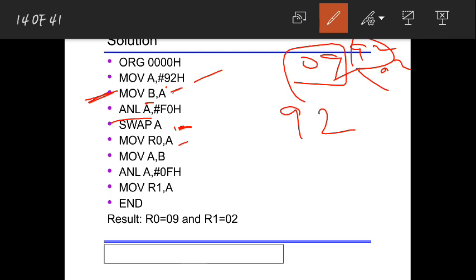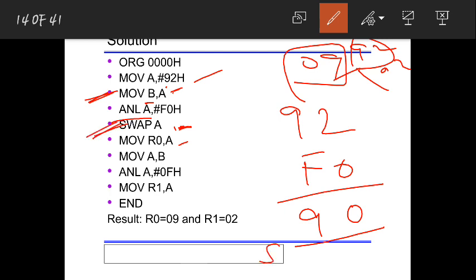When you AND 92 with F0, here you will get 9. If you have any doubt in this, just convert it to binary and try to solve it. You will get the same values. Here 9, and here you will get 0, because anything ANDed with 0 is 0. After that I wanted 09, so write this swap instruction, SWAP A, because now A is equal to 90. After execution of this line, A is equal to 92H, and B also is equal to 92H.